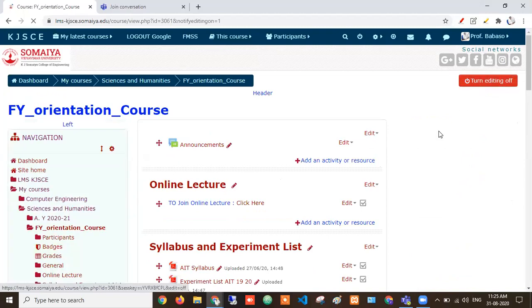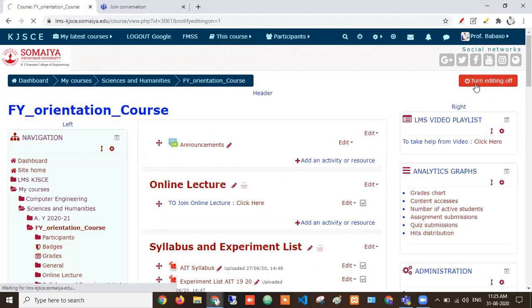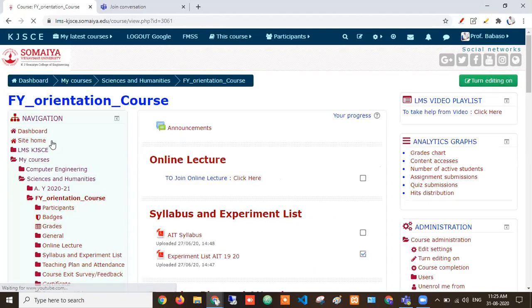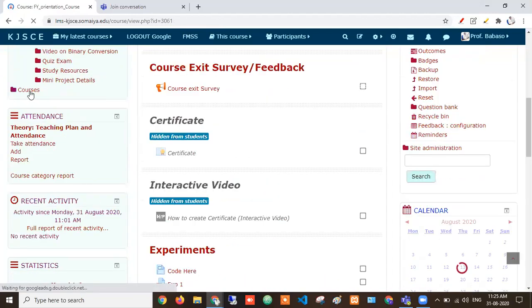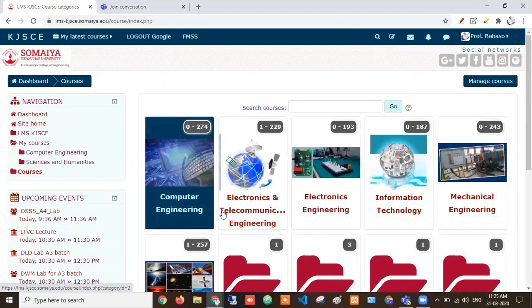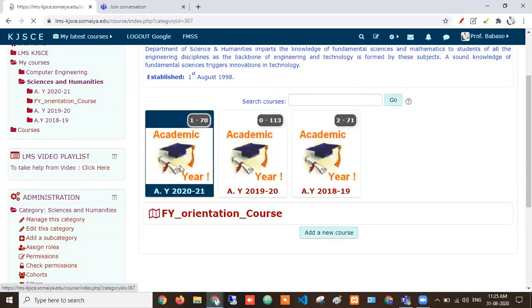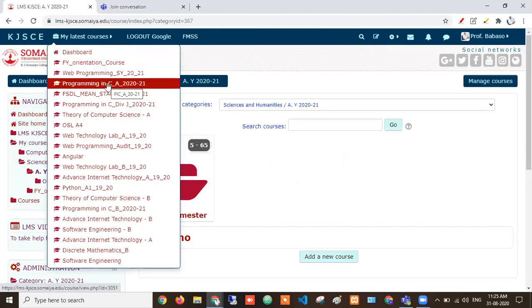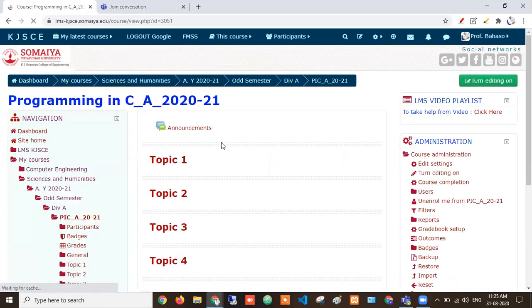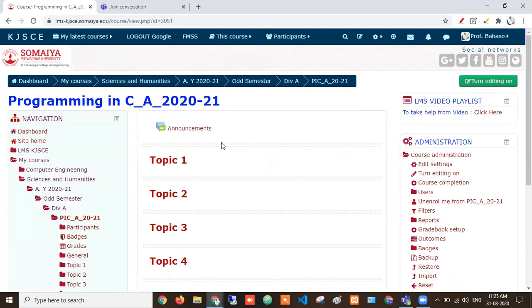So you see here, what I'll do, I will use one blank course where I will create it and show you. I'm taking PIC in this semester, so I will use the PIC course. I already have this, you see here, programming in C. This is my default course, right? Similarly, you will have your own courses, for example applied mathematics. This course will be there for you, right?